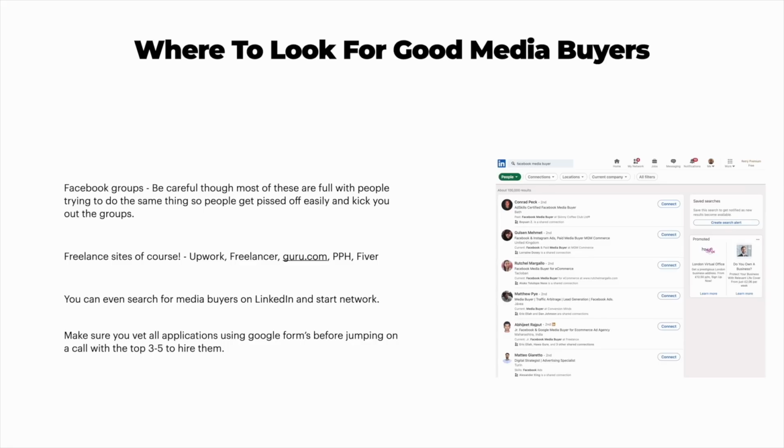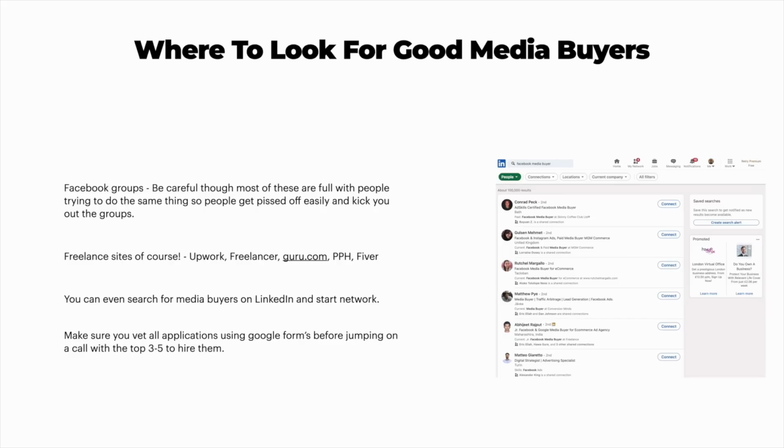I've actually found as well that you can search for media buyers on LinkedIn and start networking with them. As you can see on the screen on the right, I typed in Facebook media buyer in LinkedIn. There's 100,000 people with the title Facebook media buyer or some sort of advertiser in LinkedIn, and that's just for that one keyword. You can even use stuff like Facebook advertiser. As you can see, there's a whole bunch of different people on there you can go and connect with. And again, you only need like 5 people to come forth and say they're a good media buyer, and then you can vet them down.